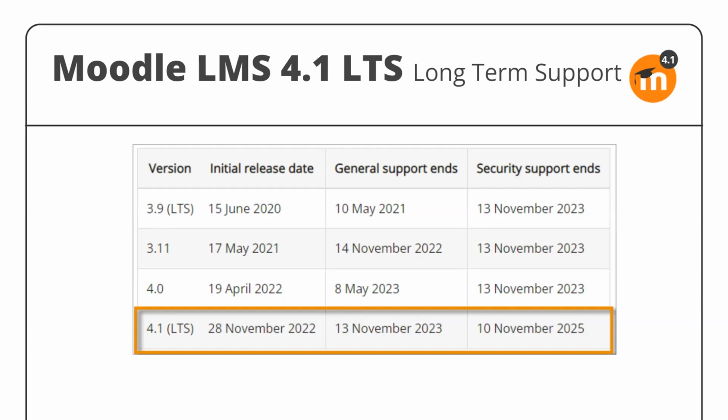The last long-term support was Moodle 3.9, which still has another year of security support. And I know some organizations still on Moodle 3.9 who are probably now going to go straight to 4.1 because of that long-term support. And if you are wondering, you can see 3.9, 3.11, 4, 4.1. If you're wondering where 3.10 is, it's not there because it's out of support. Okay, so this is a really important version in terms of long-term security support.